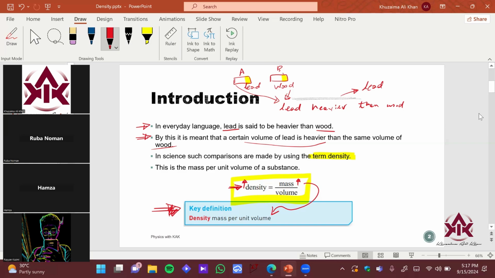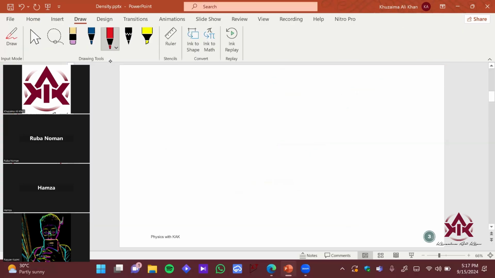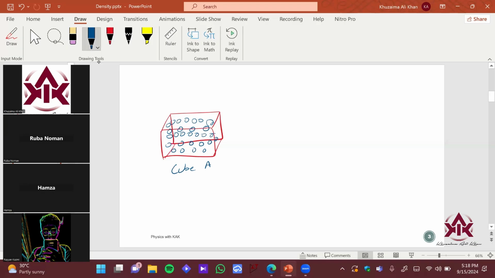Let me give you an overall estimate of what we want to talk about. If I use my Picasso skills, let me show off my skills. Let me insert a blank slide. Imagine that you have a 3D cube. Imagine it contains liquid. In a liquid, particles are slightly away from each other. And if I talk about a gas particle, let's say this is cube A containing liquid, and if I make a cube B of approximately the same dimension,